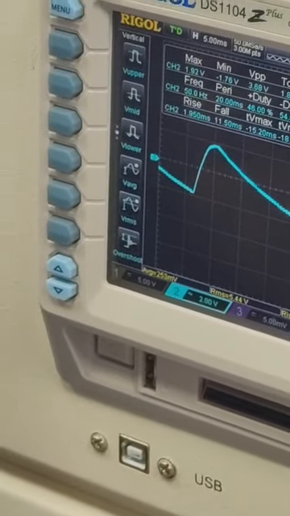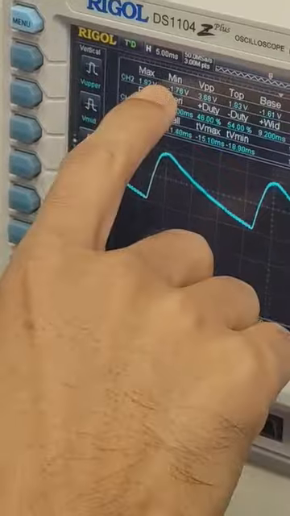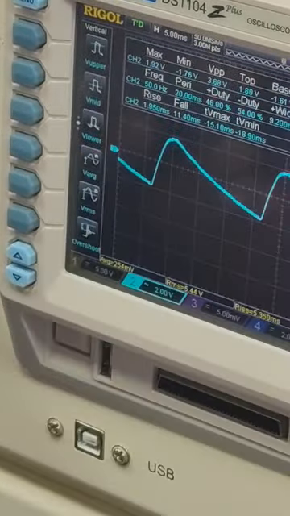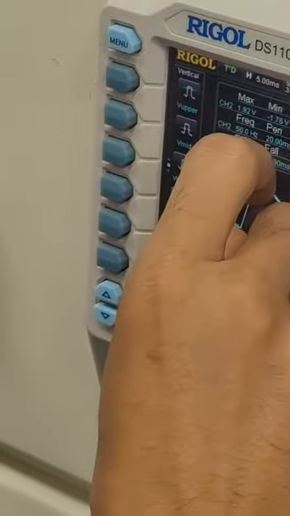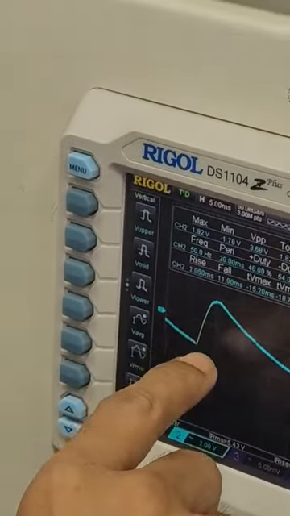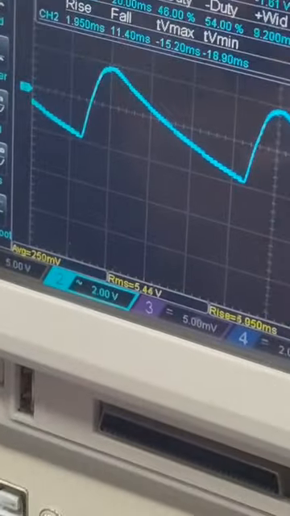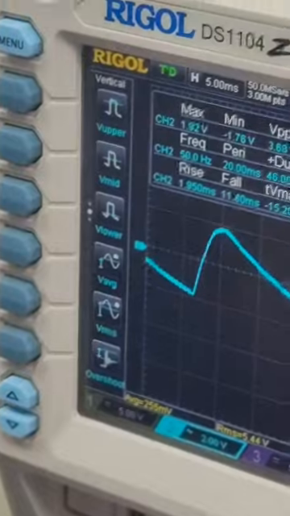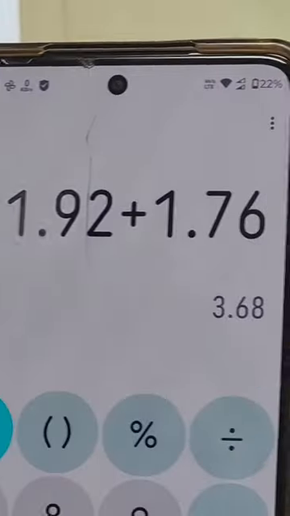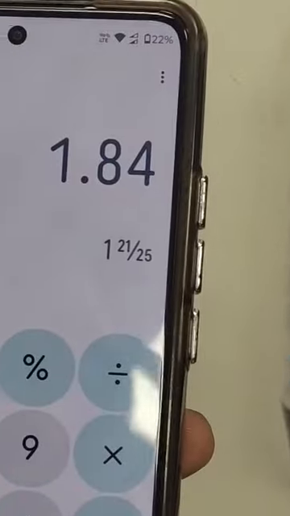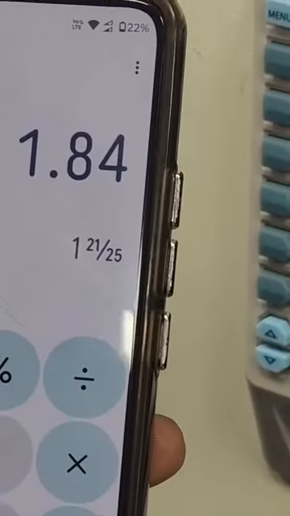So 1.92. Forget about the minus. Because here we want to find the VBP. यहाँ से लेके यहाँ तक कितना है? नेगेटिव में हमें यहाँ से लेके यहाँ तक मेजर करना है. Simply add this to 1.92 plus 1.76. ठीक है? Now divide this by 2. Okay, and then divide this by